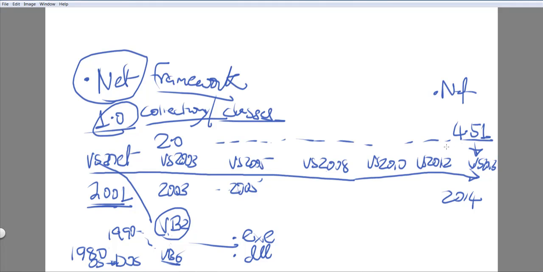4.51. So sometimes they might ask you in the interview what .NET framework you were building your tests on. So when they're talking about the framework, they're not necessarily talking about the Visual Studio tool. So they're talking about the framework, so you have to give the framework number. So 4.5, right? So last year it was 4.0. Sometimes if there is not a significant change, then they just go with a smaller increment of these .NET frameworks. If there is a significant change, then they revise the whole number to like .NET Framework, let's say 5 or